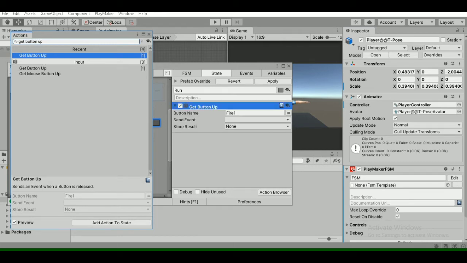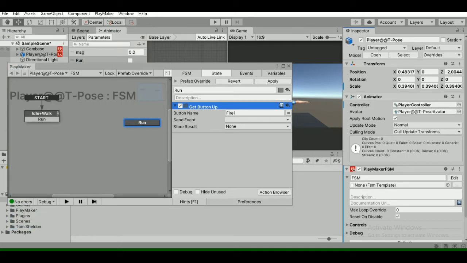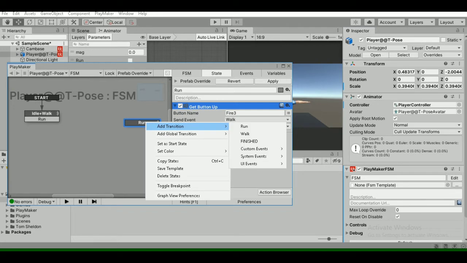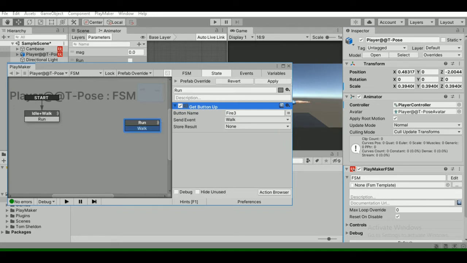Yeah, so if we release the shift key, then our player should stop running. So just add here fire 3, create a new event called walk, and add a new transition to run, walk.